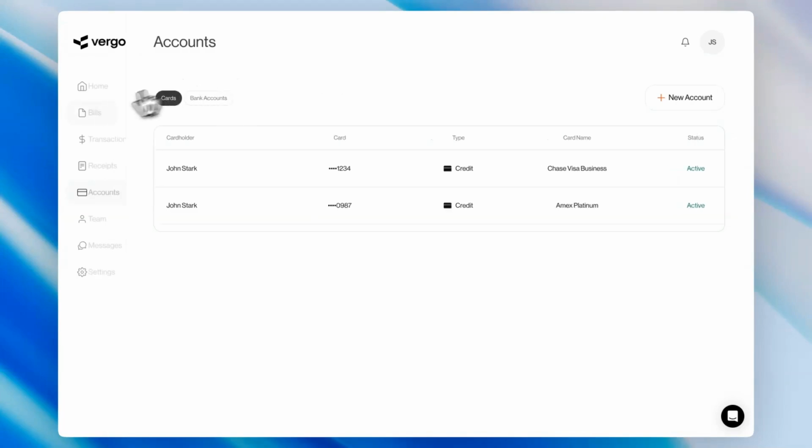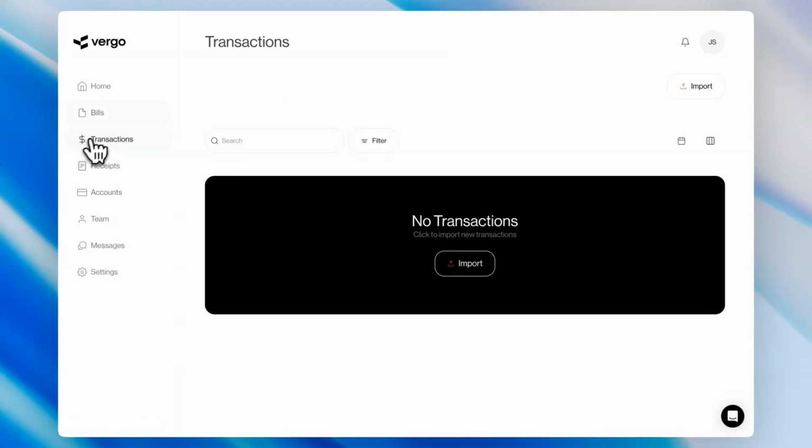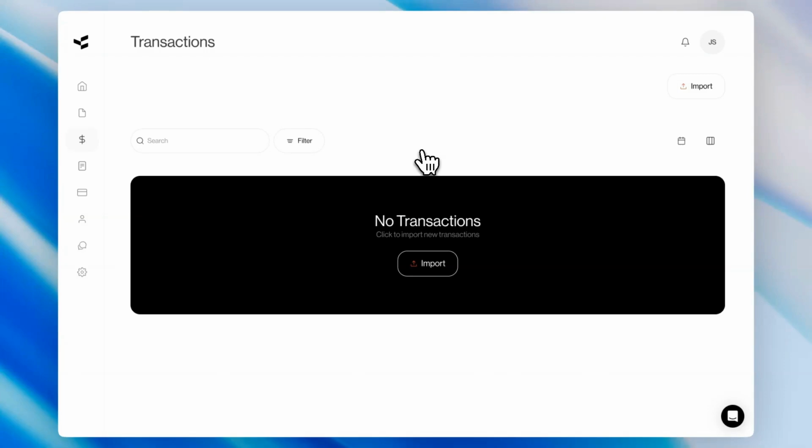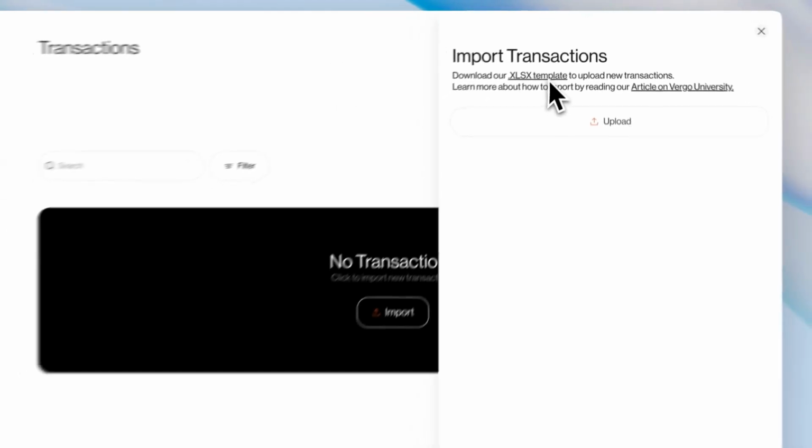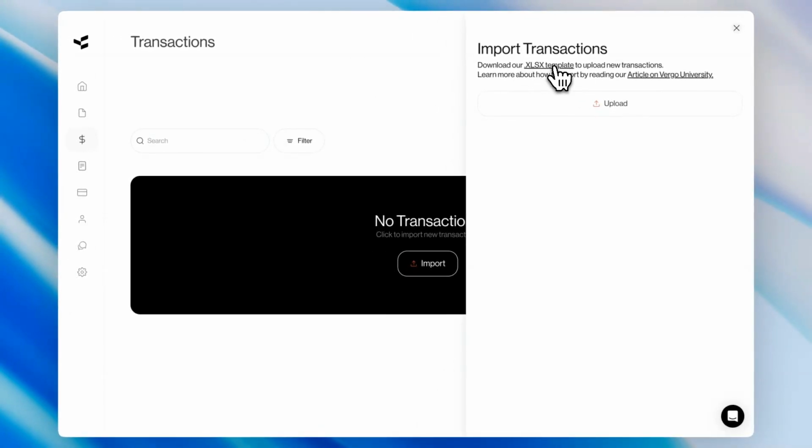Now that we've created our card, we can start pulling in some transactions. And the way our software pulls in transactions is it works from a template. So you give it its banking information, all the transaction information, you put it in our template, upload it, and then it will sort it out and populate it here. So let's find that template by clicking the import button at the top. Let's choose download this Excel template file for new transactions. Once I do that,